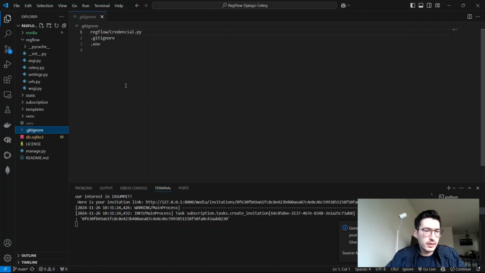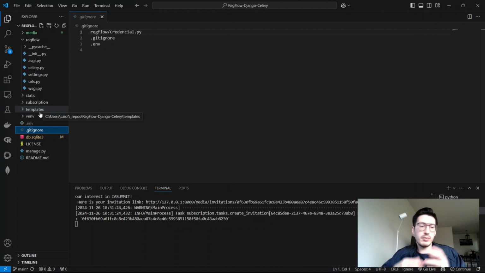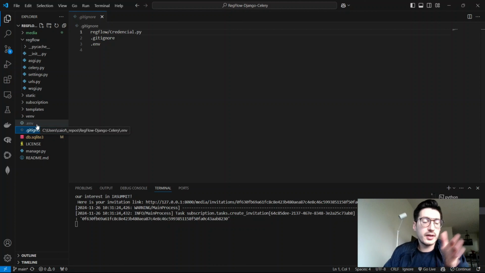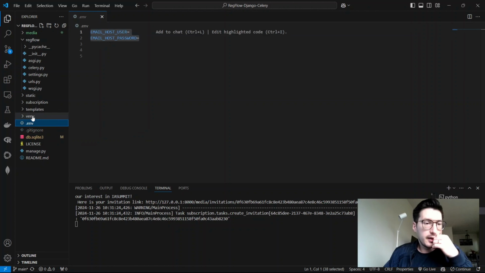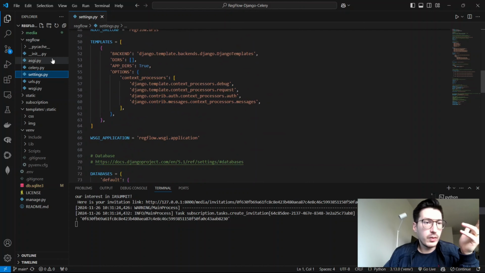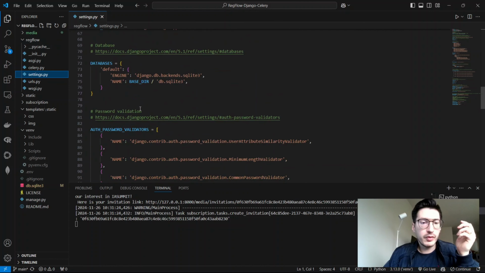It's on .gitignore, so it's not going to show up in the Git repository, but maybe some hackers can find it, so that's why they didn't put it. That's why it isn't working right now over there, as I'm showing you. But you should change it here, because we have this settings page under the RegFlow folder,